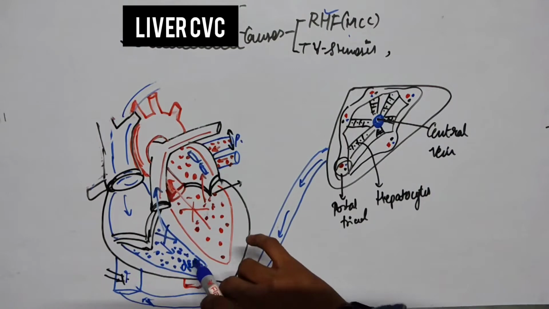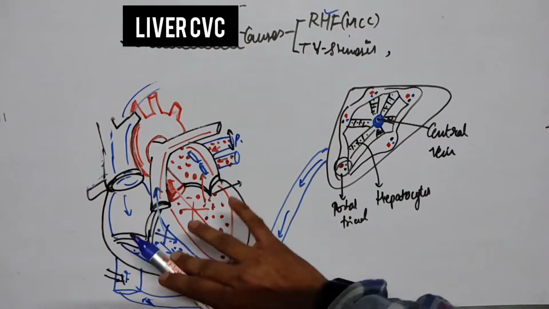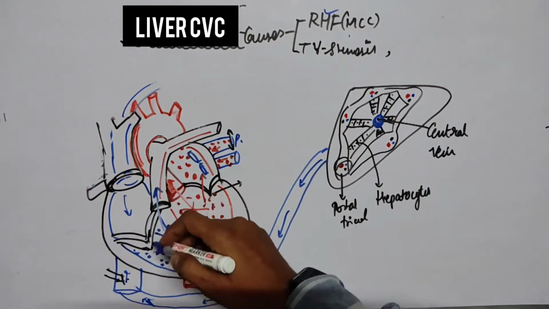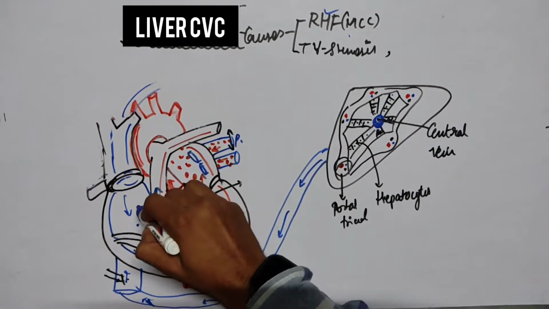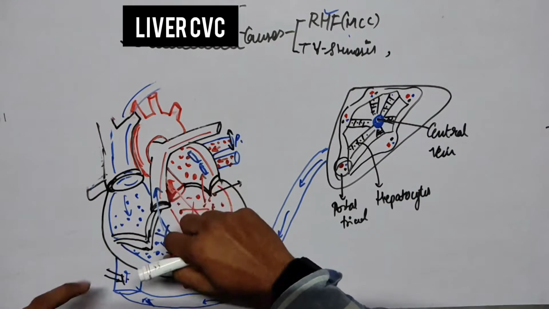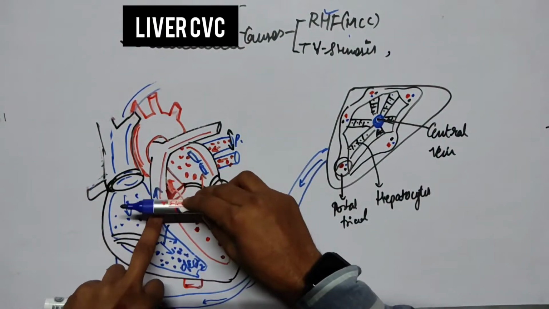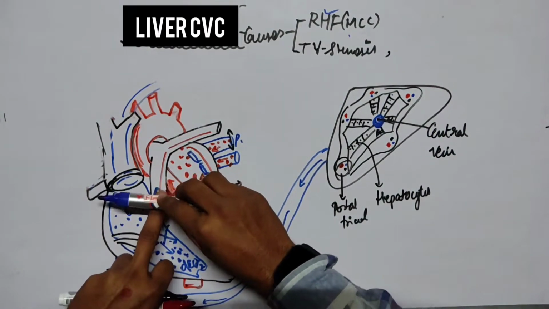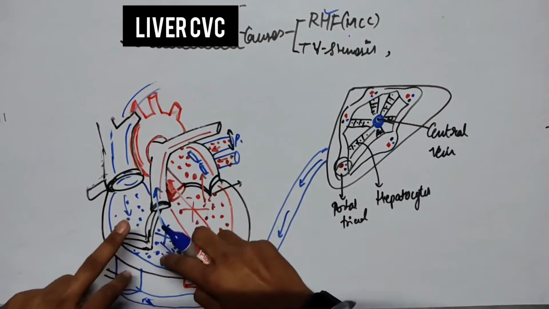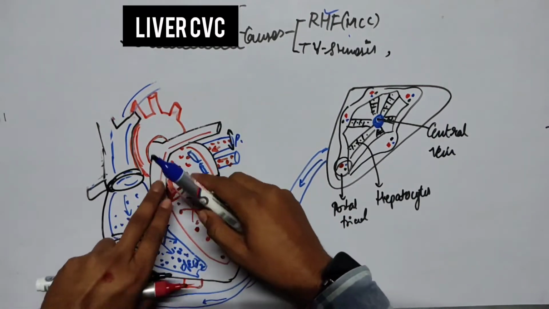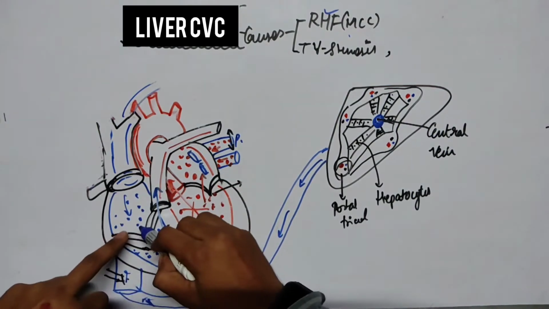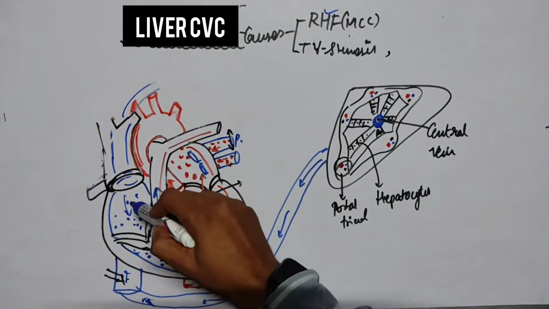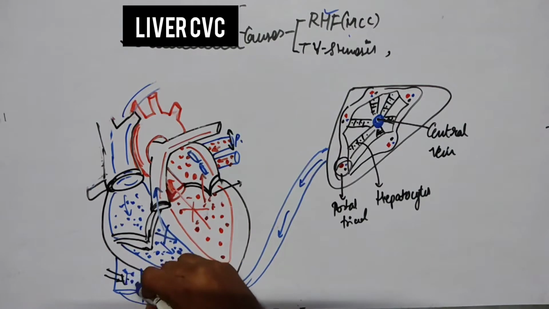Because of the deoxygenated blood accumulation inside the right ventricle, there is an increase in hydrostatic pressure, as a result of which the blood will get accumulated inside the right atrium also. See this, the exit point of the blood from the heart is blocked. Because of the right side heart failure, blood cannot exit. So blood will get accumulated inside the right ventricle, and as a result in the right atrium also, and from the right atrium it will get accumulated into the superior vena cava and the inferior vena cava.